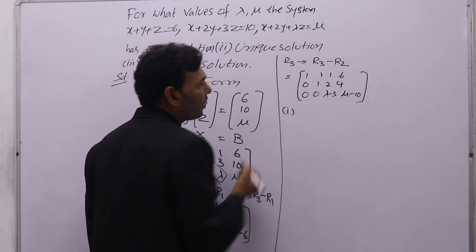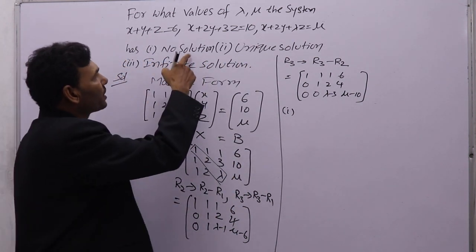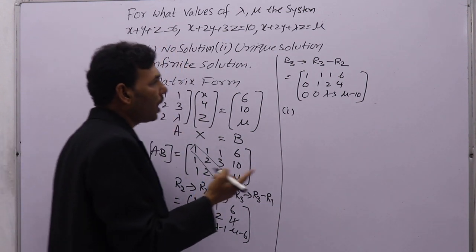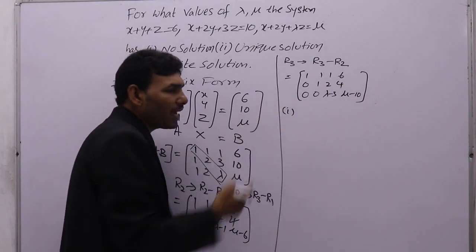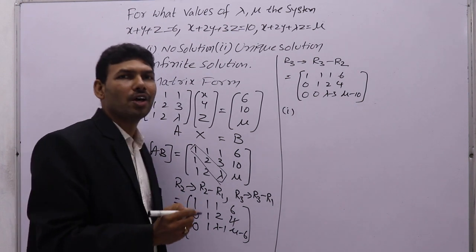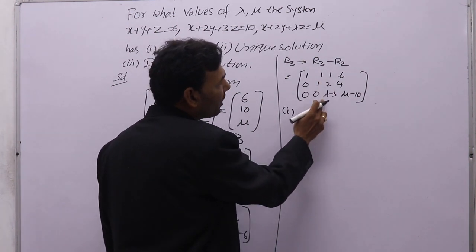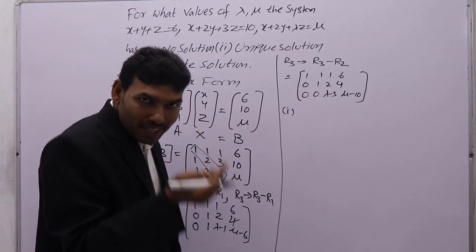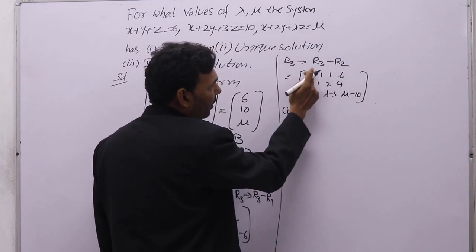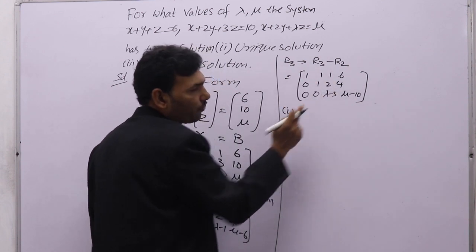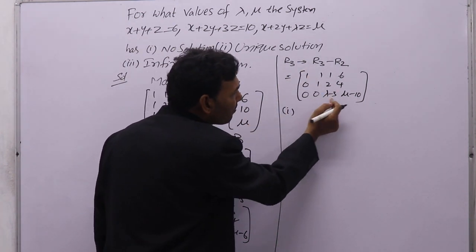For different values of lambda and mu, the solution is unique, infinite or no solution. First we need to decide about no solution. You all know the conditions, we already discussed them. This system has no solution if rank of A is not equal to rank of AB. Rank of A is 2 if you ignore the last column and get two non-zero rows, that is, if this element becomes 0.